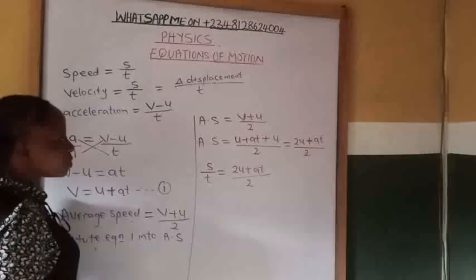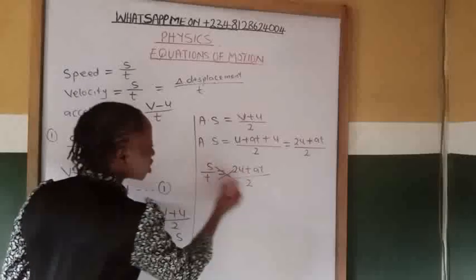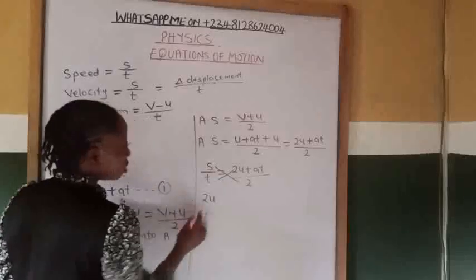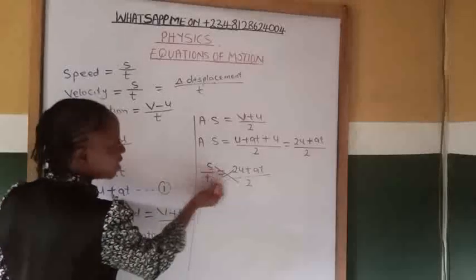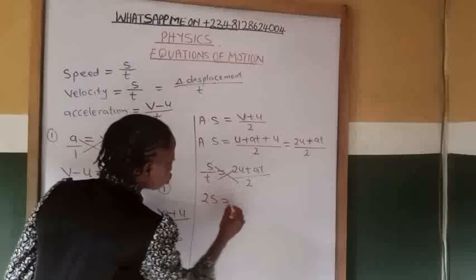The next step is to cross multiply. When we cross multiply, s times 2 gives us 2s equal to